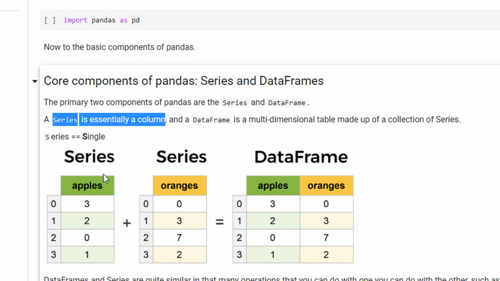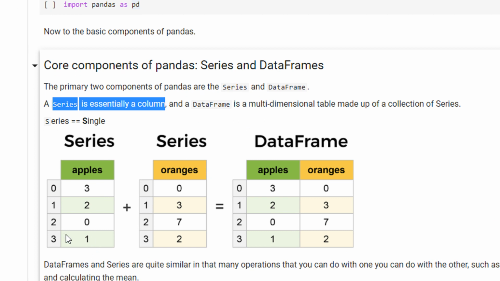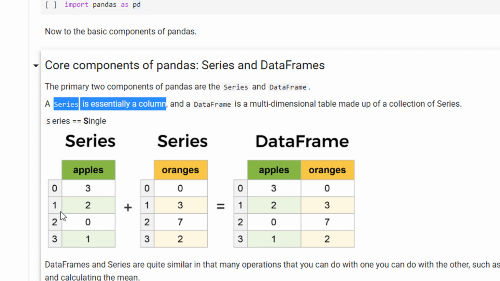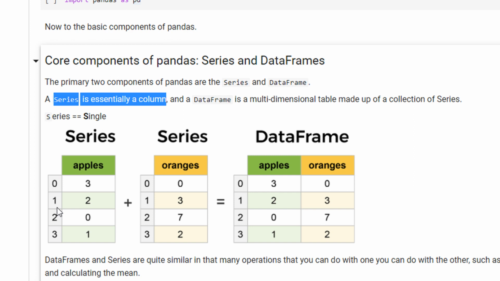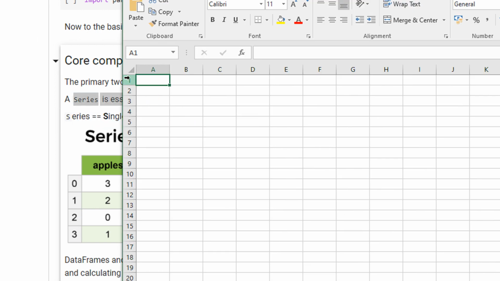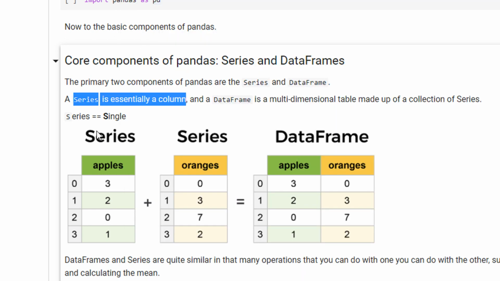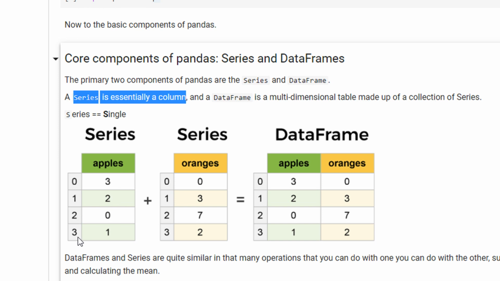For example, you have an Apple column having 3, 2, 0, 1. On the left hand side, this 0, 1, 2, 3 is just an index. If I open Excel for you, these 1, 2, 3, 4, 5, 6 are just indexes. These are not your actual data. Similarly here, these are just indexes 0, 1, 2, and 3.